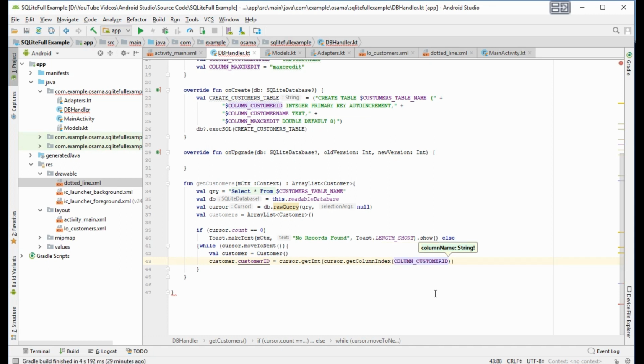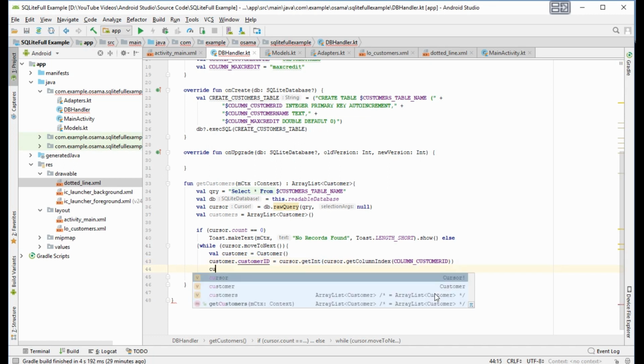Why? Because sometimes you will change some columns, and you may drop a field and add a new field. So to prevent changing all the indexes, this will be more accurate.